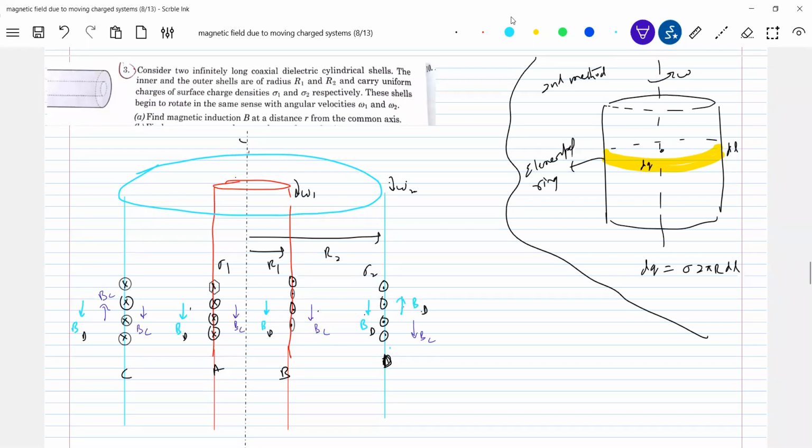Okay, no, so now due to A and B will show it. Due to A, it will be BA. Due to B, it will be